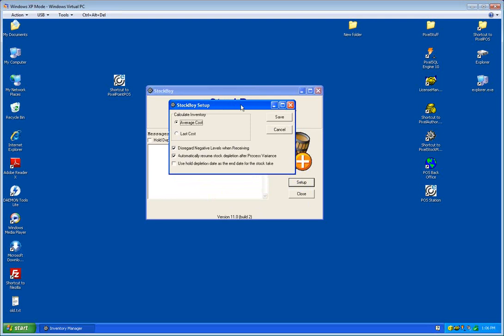The first one is average cost. What this does is it essentially takes an average of all the costs that you've received as far as stock item cost per PO. Takes an average cost of all of that. Some people use average cost. Most people that I've seen use last cost, just simply because